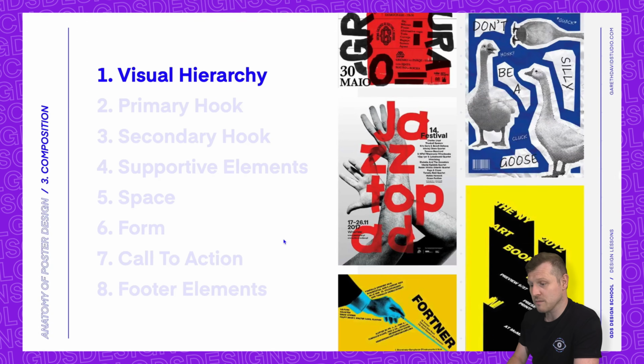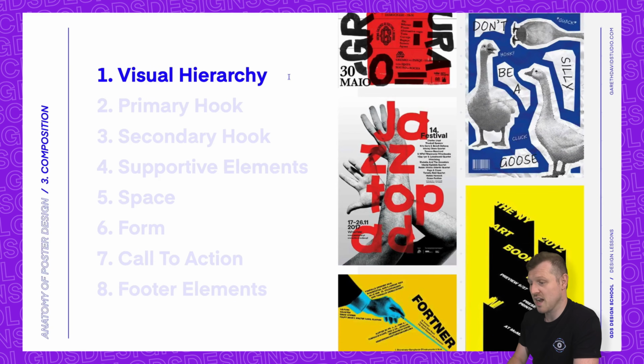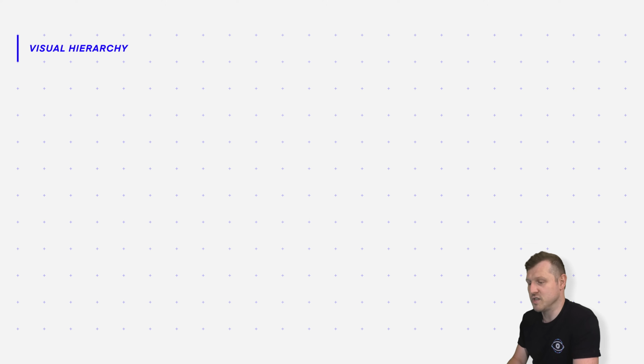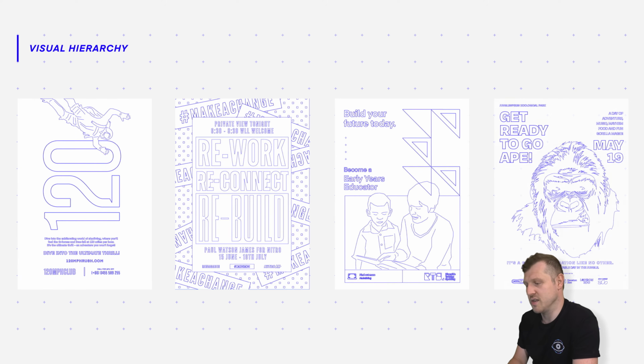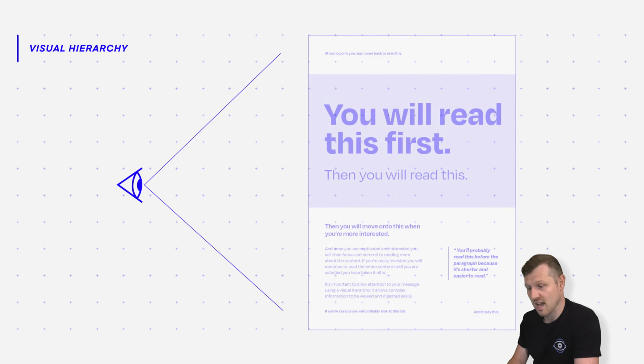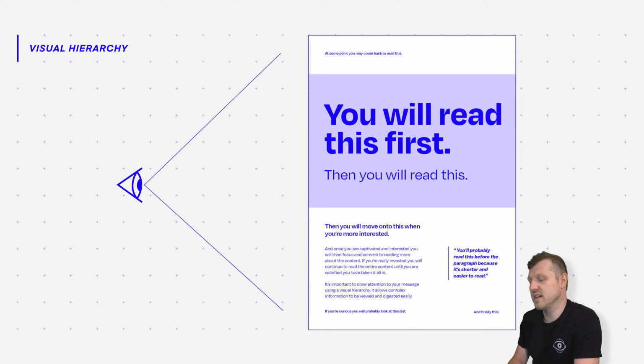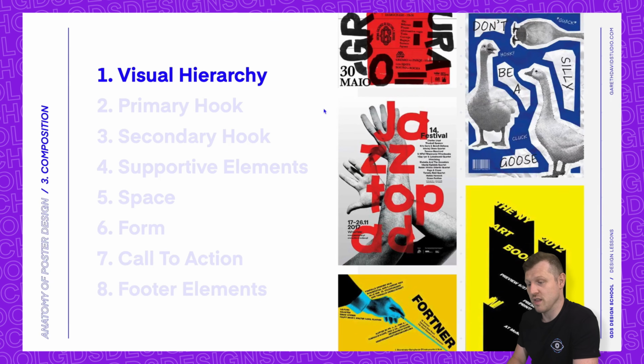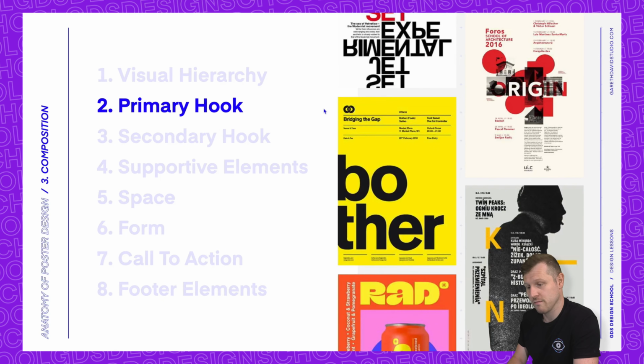So one of the most fundamental parts of poster design is visual hierarchy. Without a clear sense of visual hierarchy in any visual communication, you are going to end up with a design that is hard to comprehend. Visual hierarchy in poster design guides the viewer seamlessly. Through the strategic use of size, color, and placement, it prioritizes information, ensuring a clear, engaging narrative that captures attention and communicates effectively.